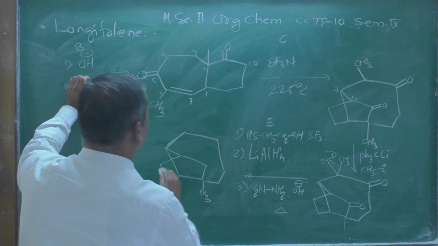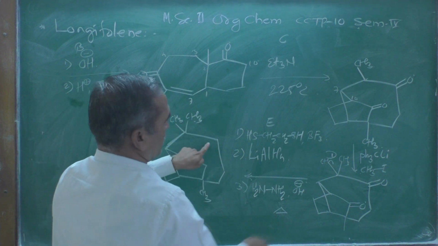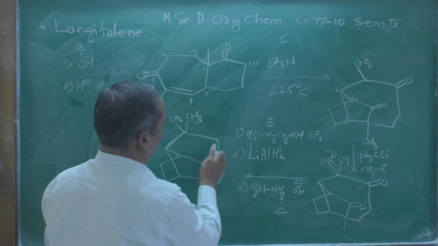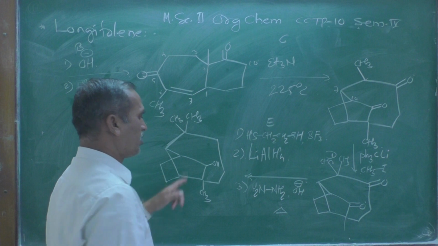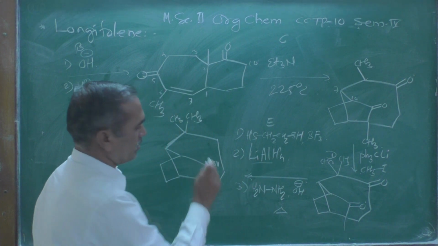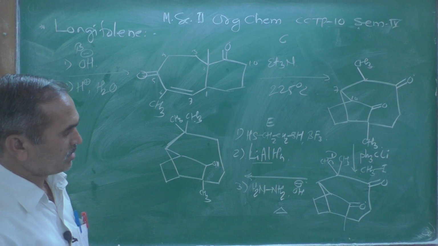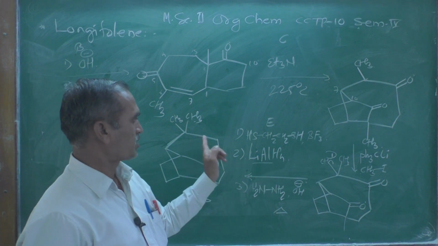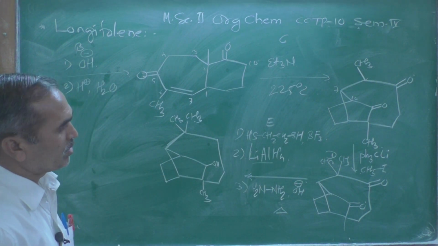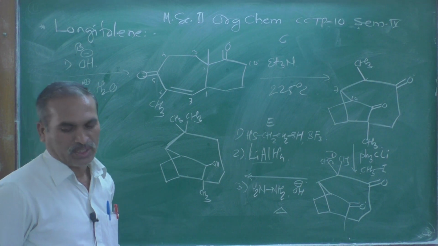One methyl group which is here. Here are two methyl groups which we can write as it is, but this carbonyl group is gone from there because that carbonyl group is converted into a hydrocarbon, meaning CH2, and due to that lithium aluminum hydride it gets reduced, and finally this carbonyl group further gets converted into a hydrocarbon, and that's why we got this type of product. This is a secondary alcohol now,